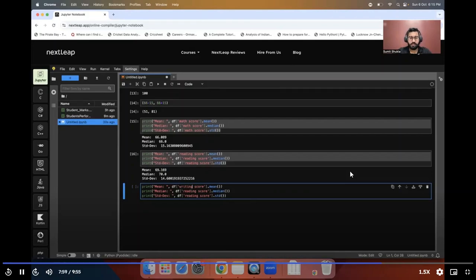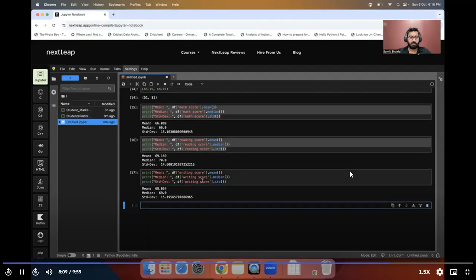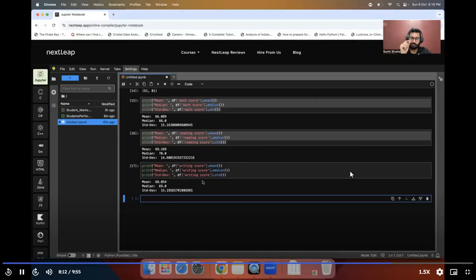So IIT writing, writing, and here also writing. Now, writing also shows the same performance, but the score is a little on the higher side. So here it was 66, here it was 69 or 70, here it is 68 to 69, and standard deviation